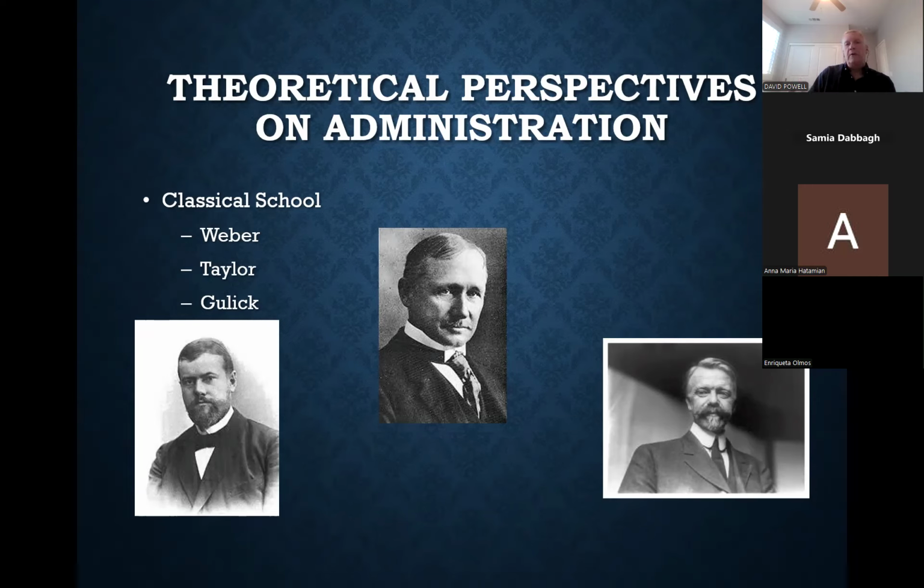So we're going to take a chronological perspective. With Max Weber, we'll talk about him as a classical theorist writing in the very late 1800s. Frederick Taylor, a classical theorist writing in the early 1900s. Henri Fayol and Luther Gulick also writing in the early 1900s, oftentimes a little bit behind or more recently than some of the theories of Frederick Taylor. And we'll present that as what we consider to be our classical school of how we traditionally viewed and studied